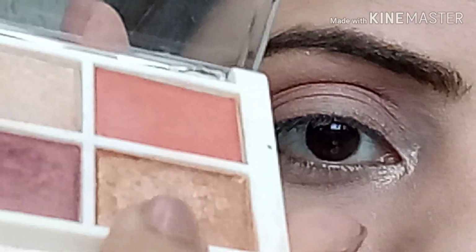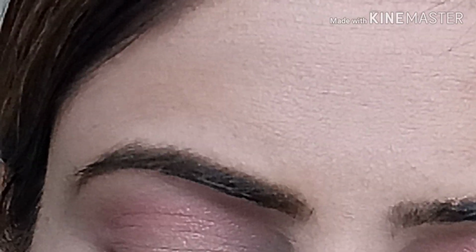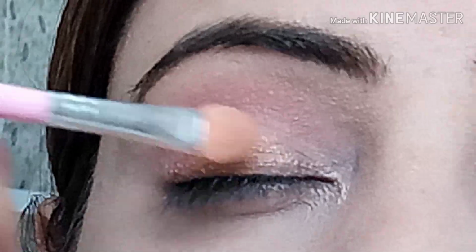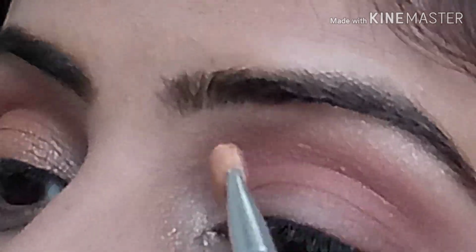The shade that I will use now is this shade, and I will apply it on my lids. You can use your fingers. After applying on both of my eyes,